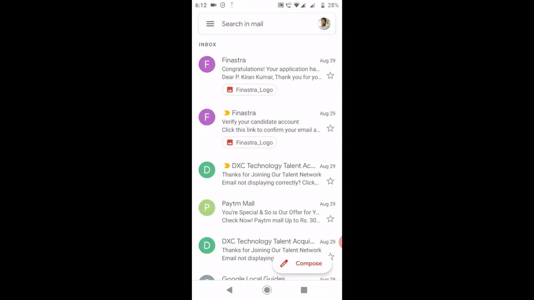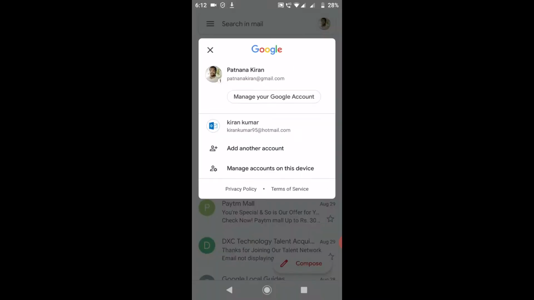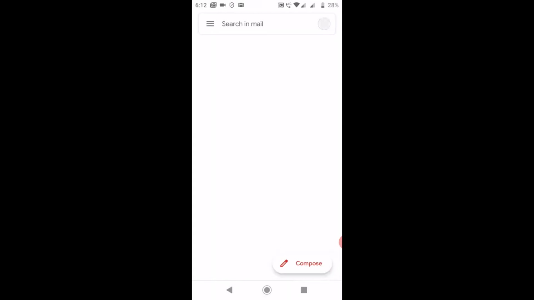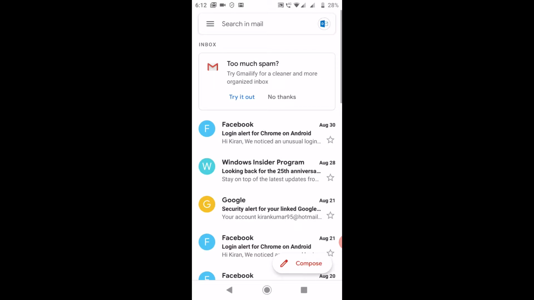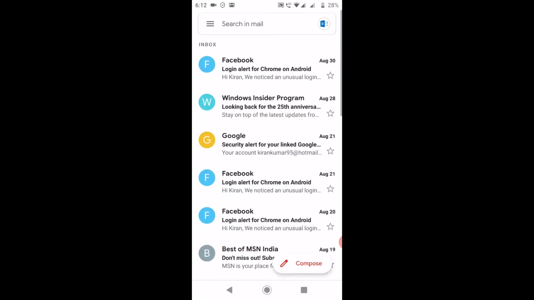How to do that? Click on the right top corner. Here I'm getting two email accounts. One is patnanakiran at gmail.com, another is kirankumar95 at hotmail.com. Now I want to access hotmail.com. Click on this account, and you see we have that account logged in.